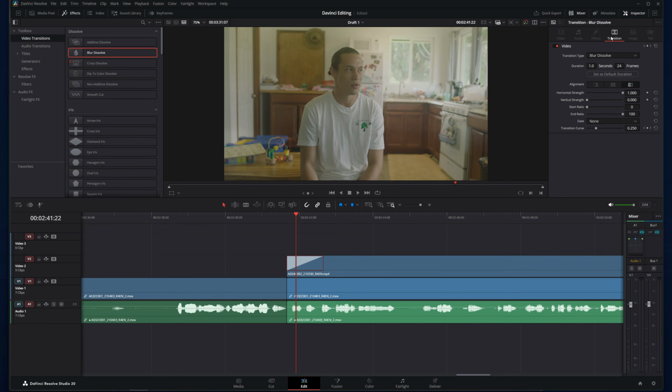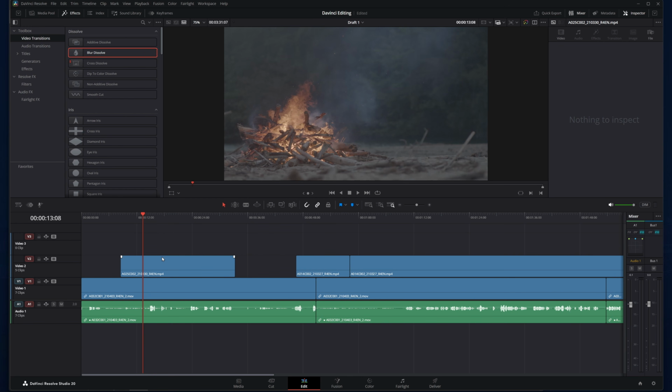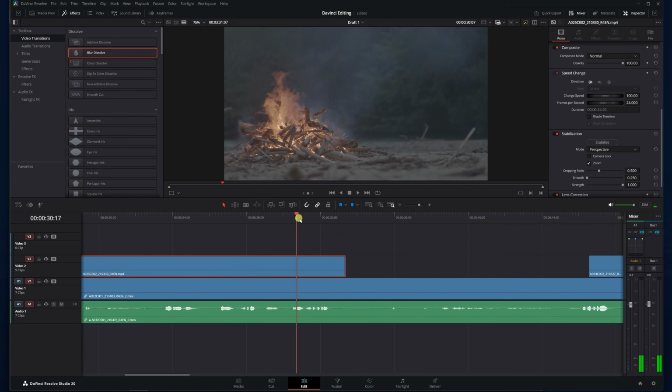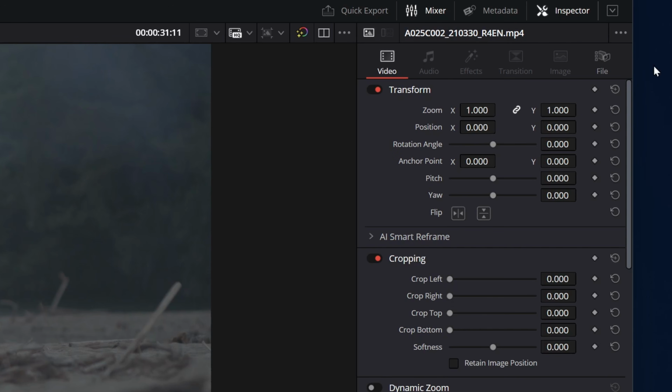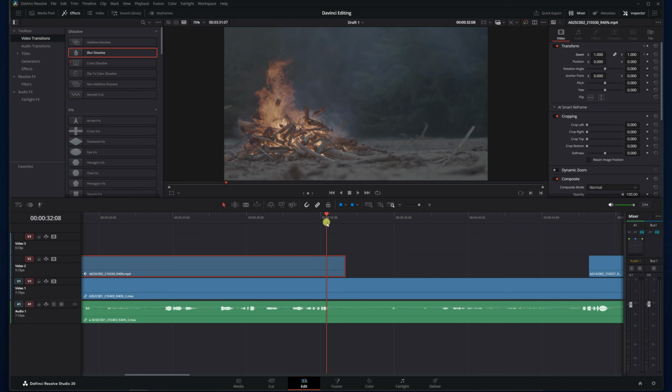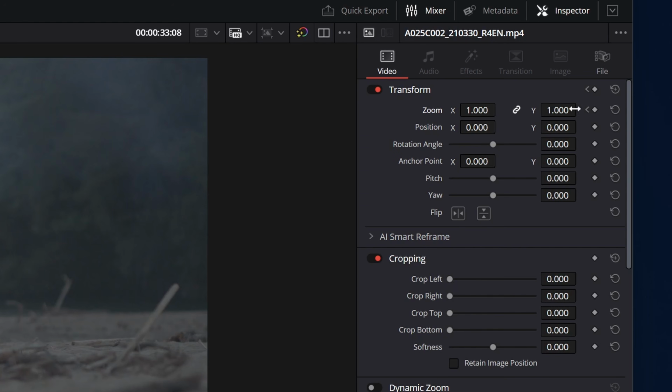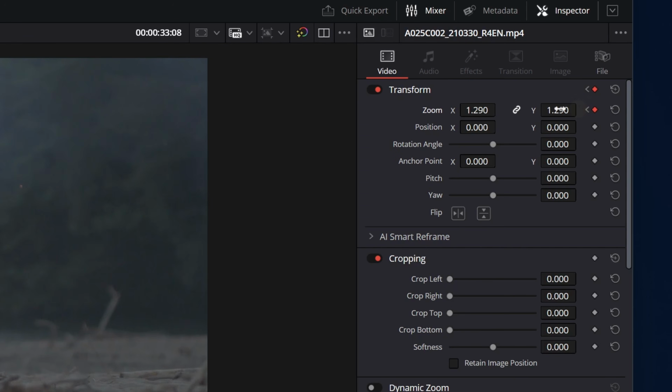What if you want to change a parameter over time, like a slow zoom in? For that, you'll use keyframes. So let's take a few minutes to introduce you to those. To add a keyframe, first I select the clip I want to edit and place my playhead where I want it. And you can see keyframes in the inspector. They're this column of diamonds over here. Clicking on one next to the zoom effect adds a keyframe at my playhead for that parameter. Now I'm going to move my playhead here, and I'm going to add another keyframe. I can either do that by clicking here again, or just changing the parameter and it'll create one automatically.